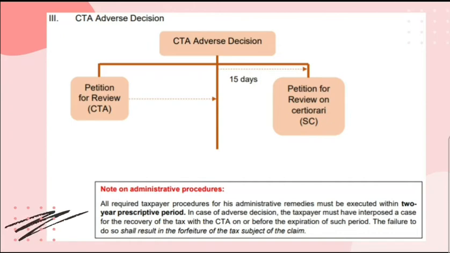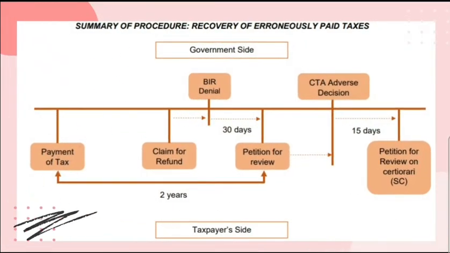So what happens if the 2-year period was about to lapse? If this happens, the taxpayer discovers the erroneous payment when the 2-year prescriptive period is about to lapse, he may file a claim for refund or credit simultaneously with the institution of a case for the recovery of the same before the CTA. To have a better grasp of the procedure, we have here the flowchart summary of the